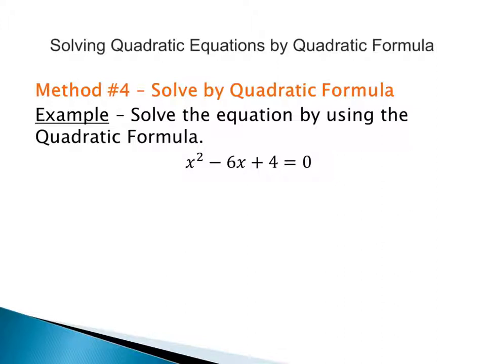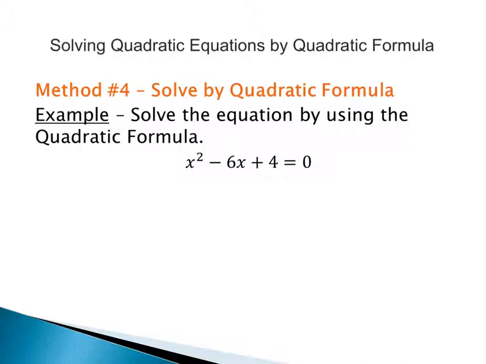We can always use the quadratic formula as long as we have a quadratic equation, in any form. So even when we went back to the square root property and we had that 9x squared plus 25 equals 0, we can still use the quadratic formula. When we had a quantity in parentheses squared, we can still use the quadratic formula. We would just have to simplify that quantity squared first and actually multiply that out. So we can always use this.